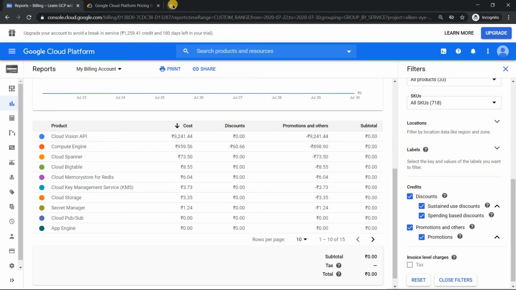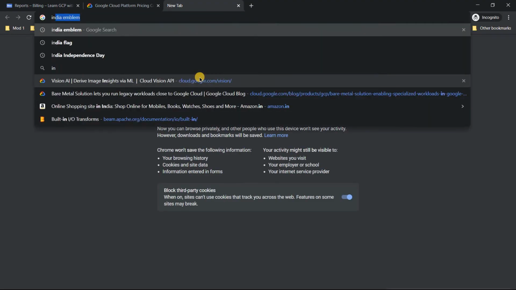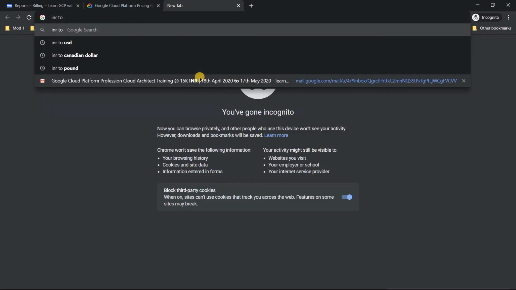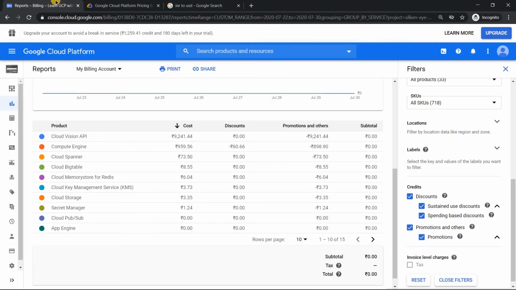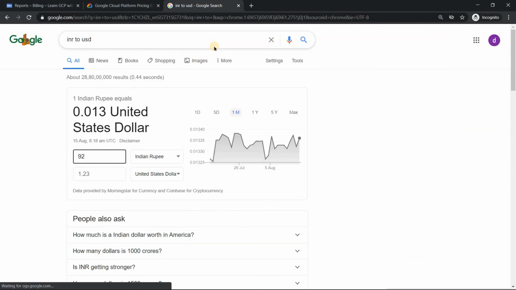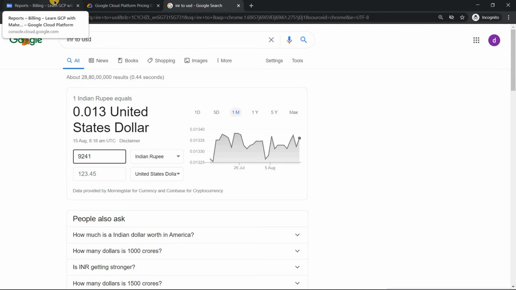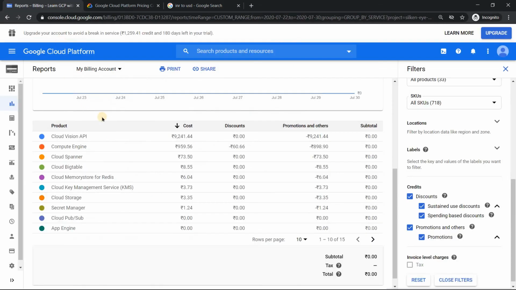It's 909,241. If I just do a conversion from INR to USD, just wanted to show you what was the cost which it incurred, so roughly around 123 US dollars. That was the cost, and we know Google very generously provides you $300 of credit. Almost half, I would say close to half, is incurred only by one small demo which I did,